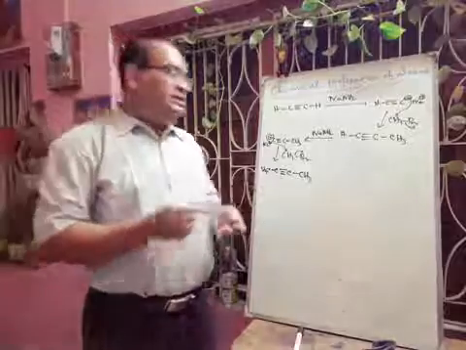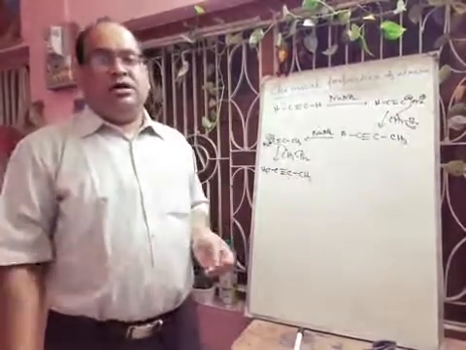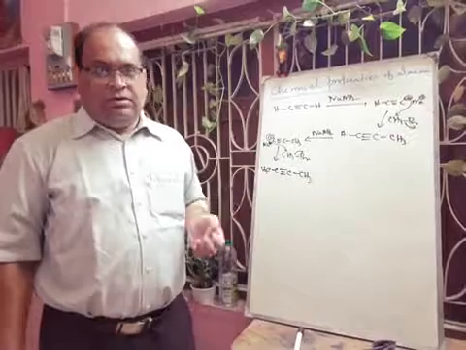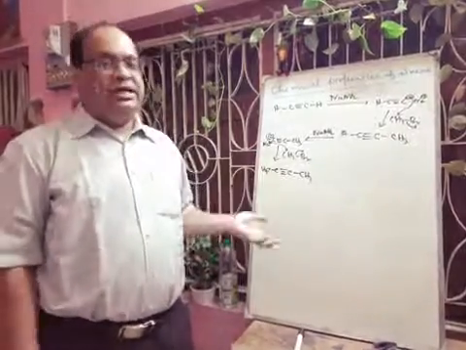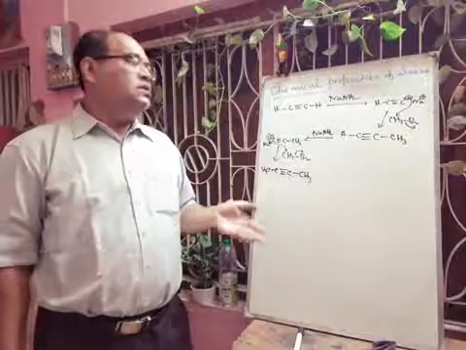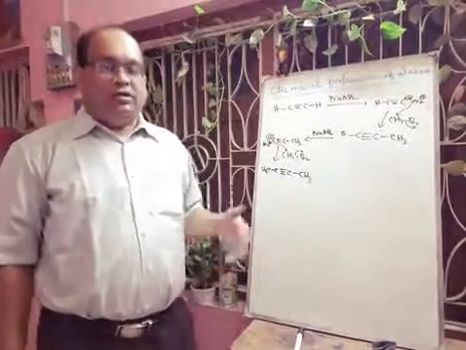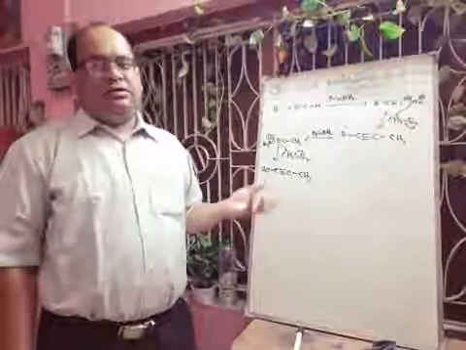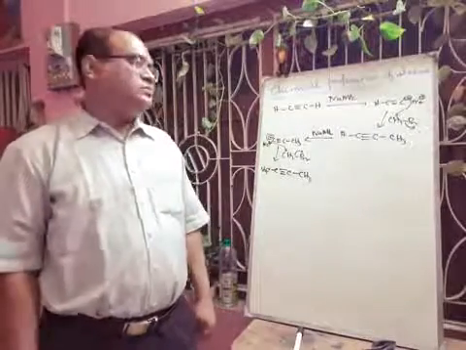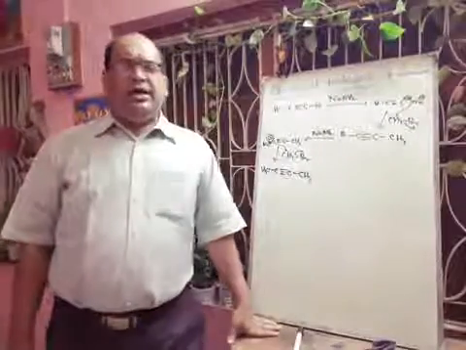Okay. A recent method for the production of acetylene is controlled partial oxidation of methane. Okay. If you take methane and oxygen and heat around 1770 Kelvin, okay, then it will also produce acetylene with formation of carbon monoxide and hydrogen gas. Okay. In this way we have completed the preparation of the alkynes.